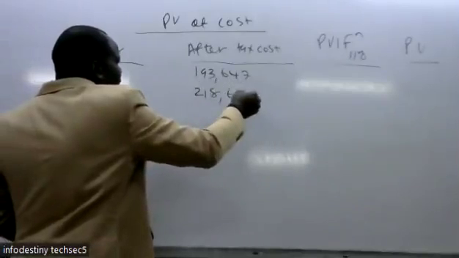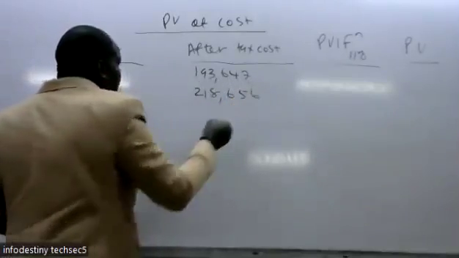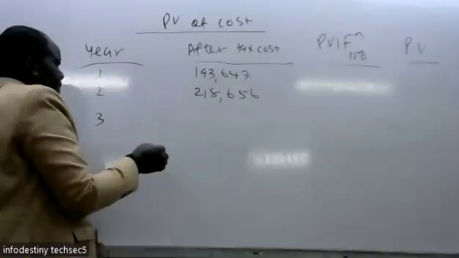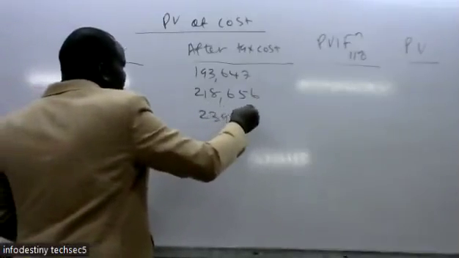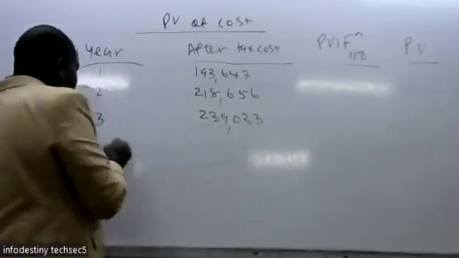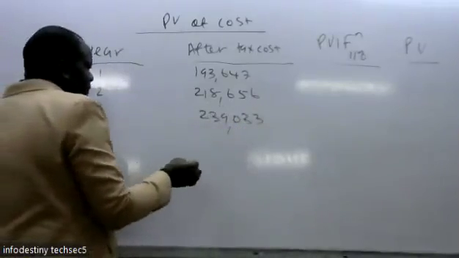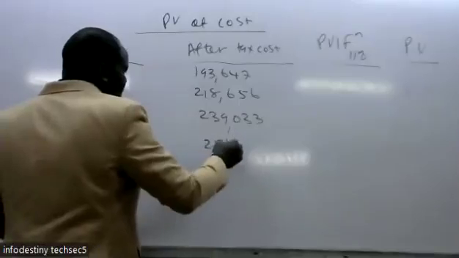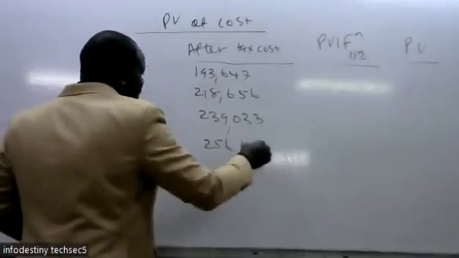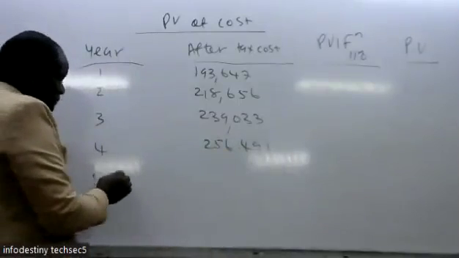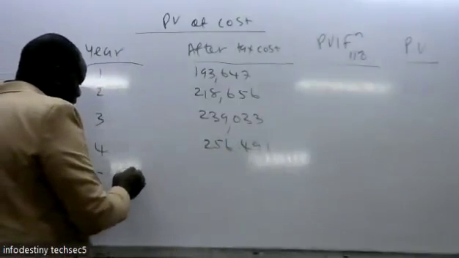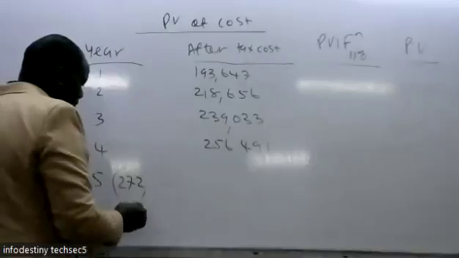Year two, 218. Then year three, 239,000. Year four, 56,491. Then year five,